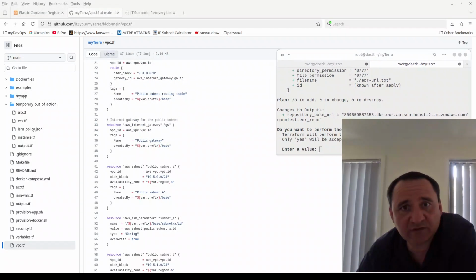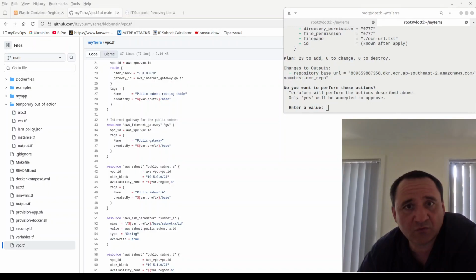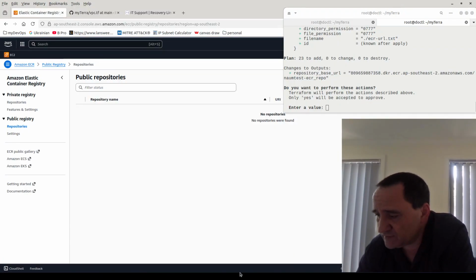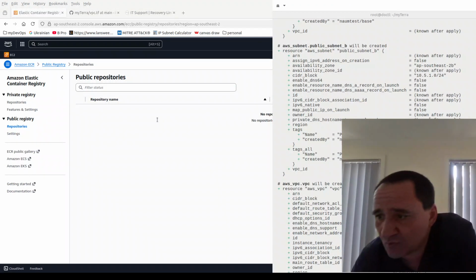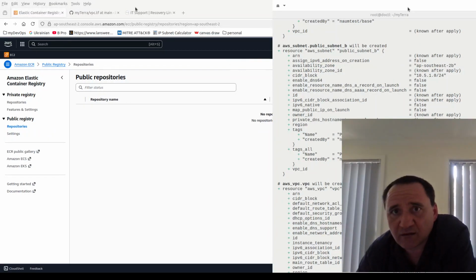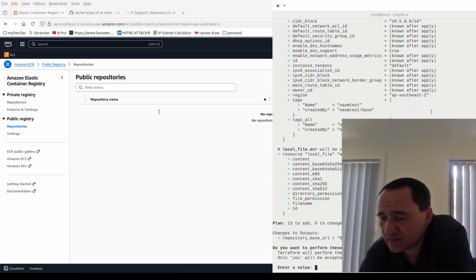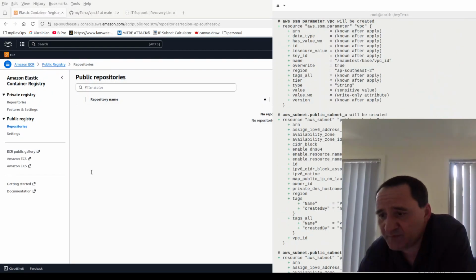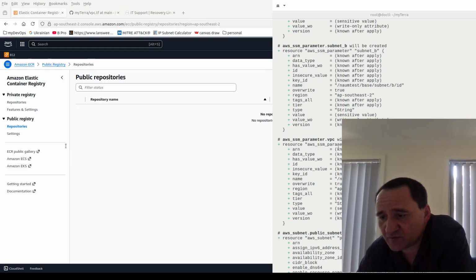Actually, let me move it a little bit further over here on top, so we can also observe the Elastic container, because we are now going to set up from all of that. Let's have a look into xterm. So apart from all of this, we are going to make subnets, VPC, subnet, parameter VPC,